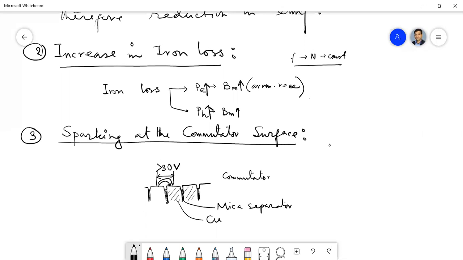Is that clear? I think you have seen some DC machine, and also you have seen some commutator. And if you have seen the commutator, then you will see that the